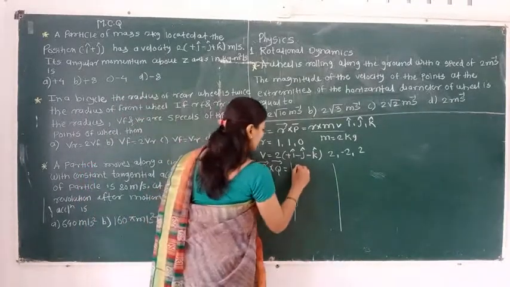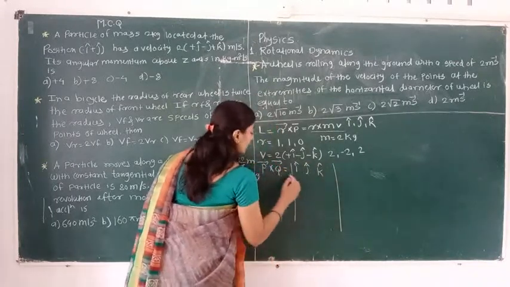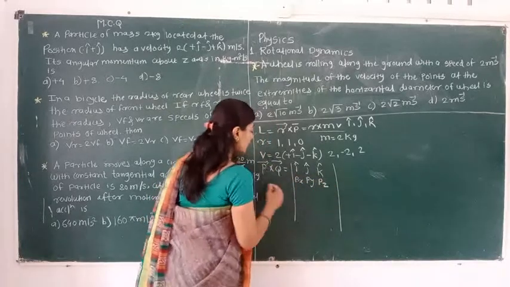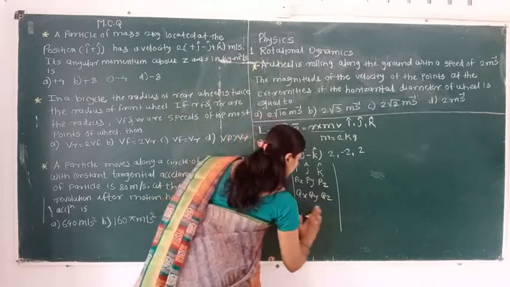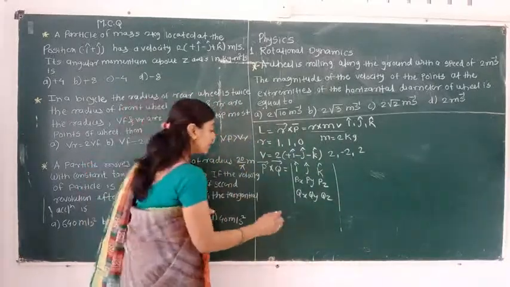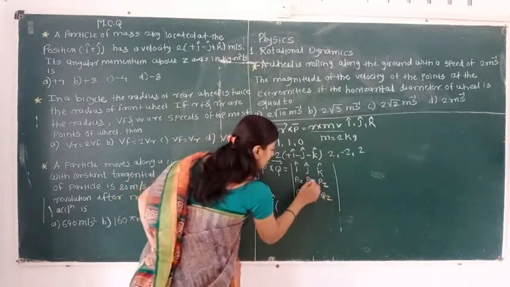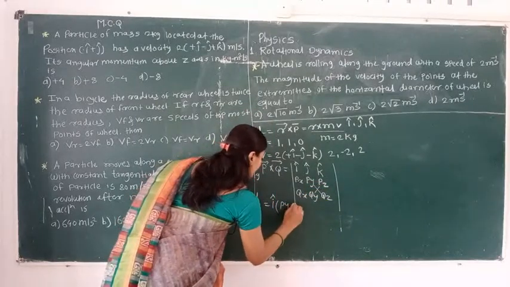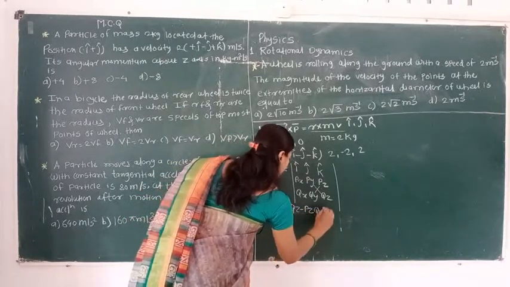So here i bar, j bar and k bar. P is represented along the x axis as px, py, pz. Here q: qx, qy and qz. When we want to find the product of two vectors in the form of a determinant, we know the basic rule. See, here for i bar, in bracket, the multiplication of these two minus the multiplication of these two. So here py into qz minus pz into qy. So this is the first bracket.